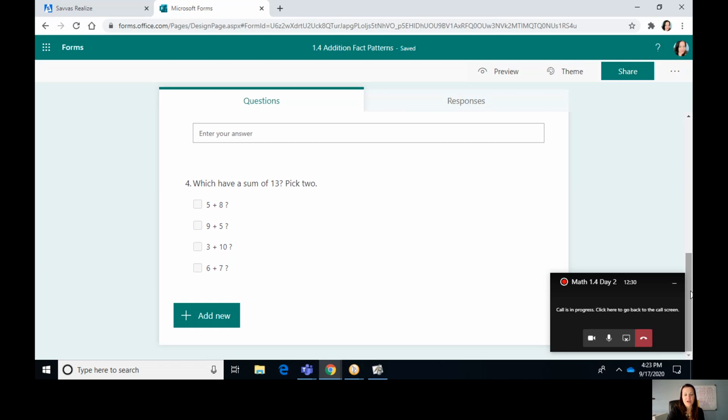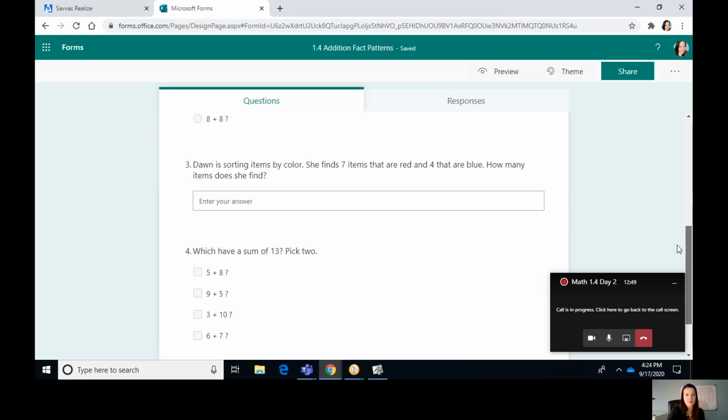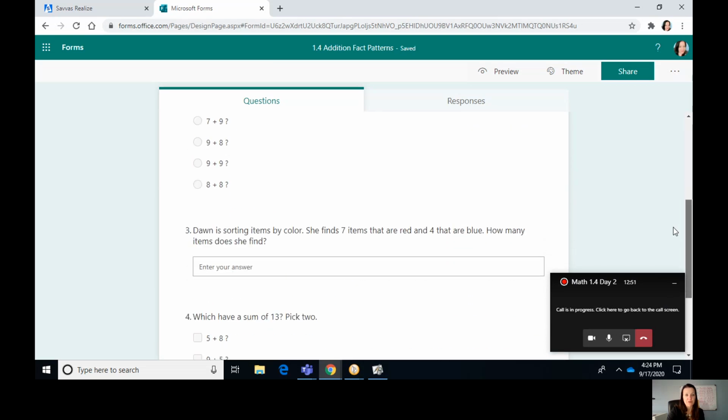And our next one, which is our final one. Which have a sum of 13? Pick 2. So you want to figure out the answer, the sum for each one of these, and then you're going to pick 2. So you're going to have 2 answers for this. Pick 2. So you're going to answer these 4 problems on your own,